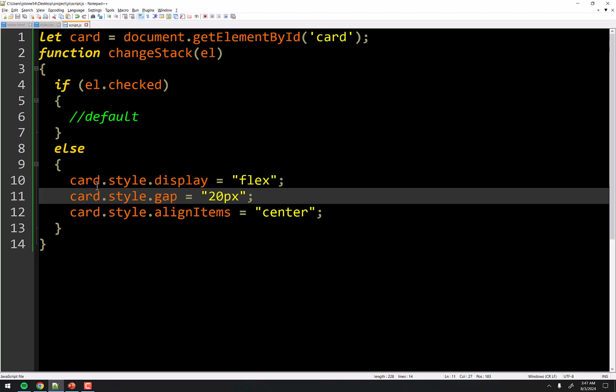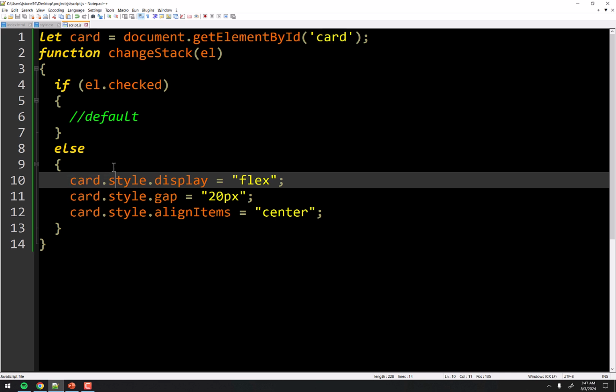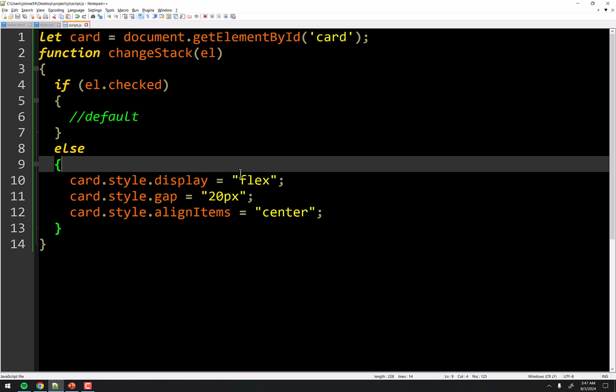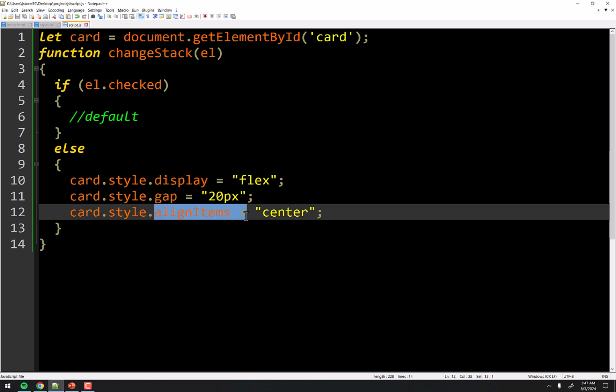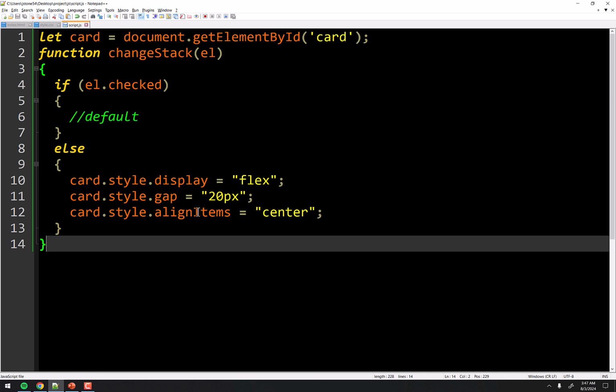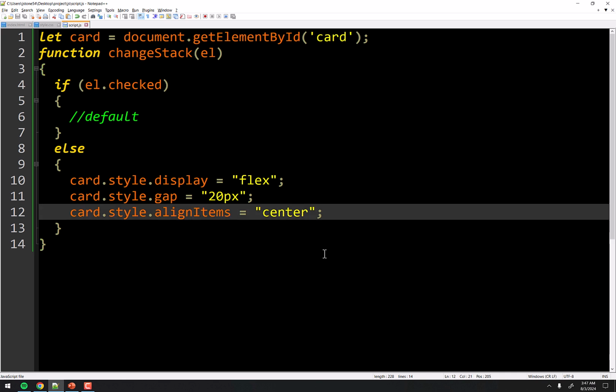But hopefully the point that you're seeing here is it's always the element, which is some tag, and then it's the style object and one of the properties. Well, what are the properties? Anything you can do in CSS, that's what the properties are. I can do display in CSS, I can do gap in CSS, I can do align items in CSS. The only difference in the syntax will be if the CSS version has a dash, you're going to replace the dash with nothing and then capitalize the next letter. That's it.